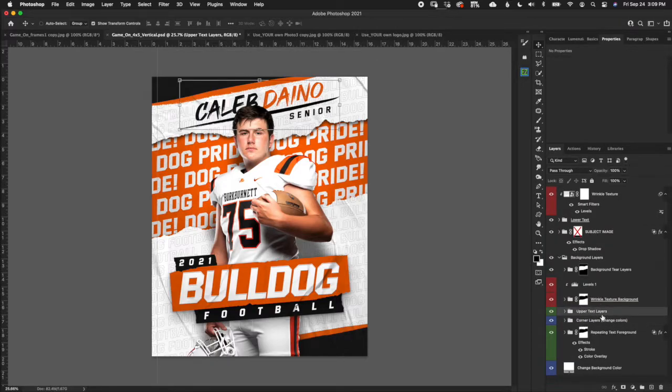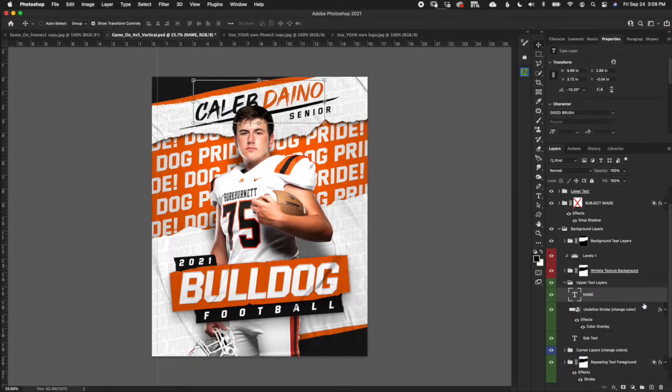Next one, we have our upper text layers. This is referring to the player name, and we've got senior here with a paint stroke. It's only 3 layers. A few things to talk about here. I really like the look of having the first name one color and the last name another color. That pretty much is a manual process, so those of you who are using automation, unless there's a wizard out there, and there may be, that can figure out how to do that, and it's probably possible, but more than likely you're going to have to pick a color if you're using any type of automation software